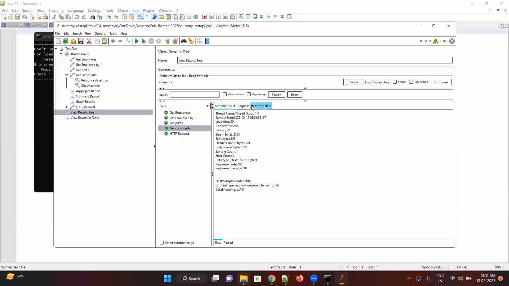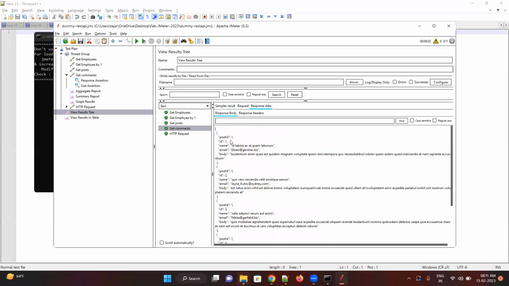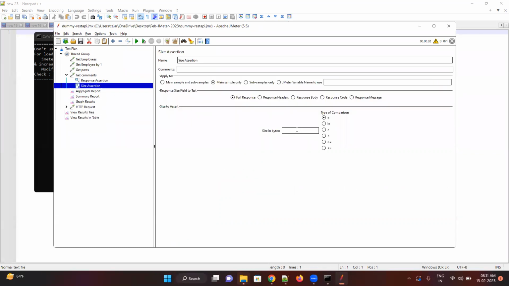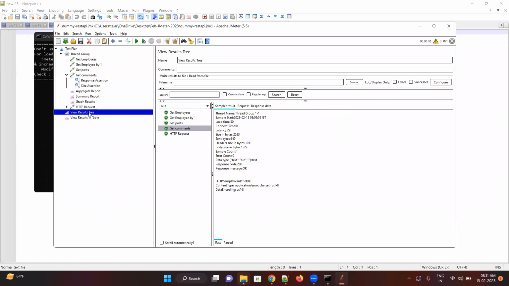Whenever you are using this response, it has this much size. When you're downloading a file, say a 5 MB file, then you will see a big number here, converting your 5 MB into kilobytes into bytes. So in that case, you use size assertion. I want to check the full response here. Let's assume I should have more than 1000 bytes. Then if I run the script now,